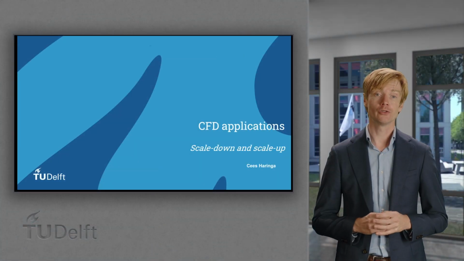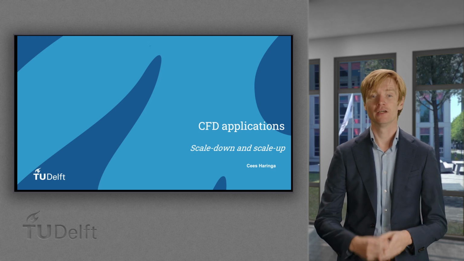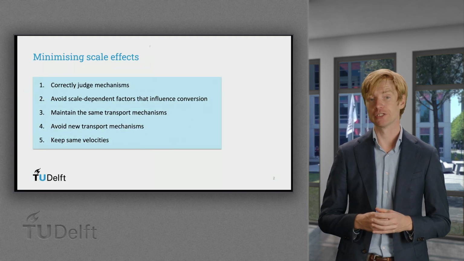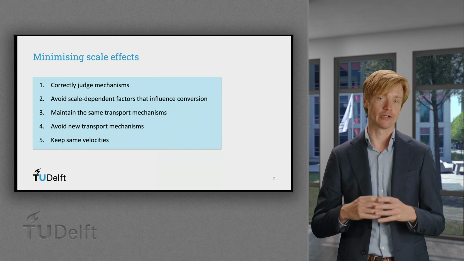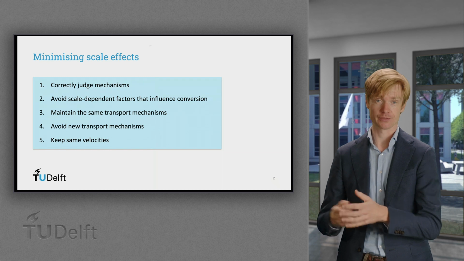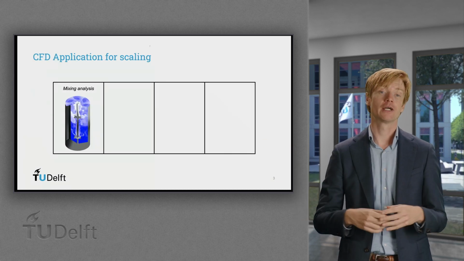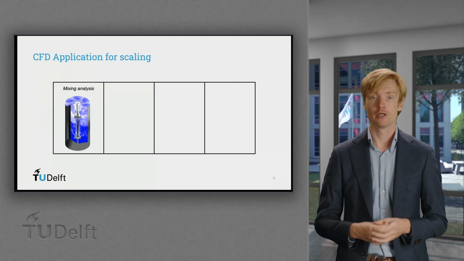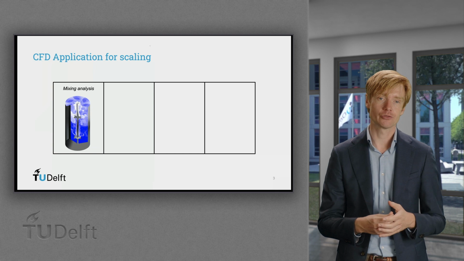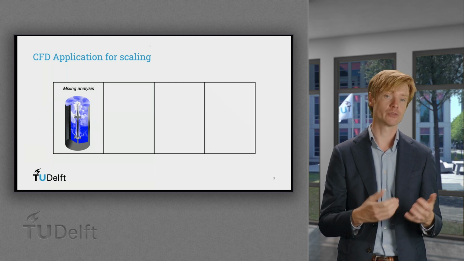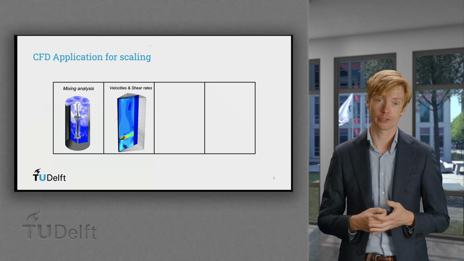In the previous module, we walked through the basic steps of setting up a CFD simulation. Now let's see how such simulations can be applied to understand scaling issues, both in terms of their emergence and their impacts. Sometimes purely looking at the flow pattern can already be quite instructive. Poorly mixed zones may already be observed, and for cells sensitive to hydrodynamic stresses, such as animal cells, flow fields and the associated shear rates are very instructive.